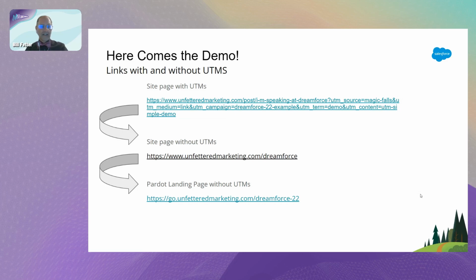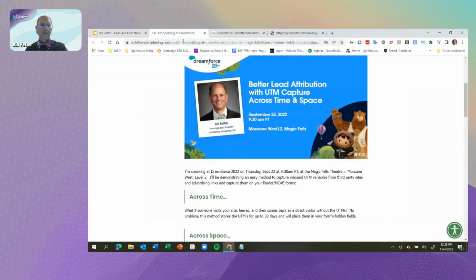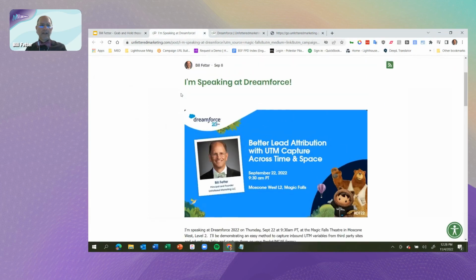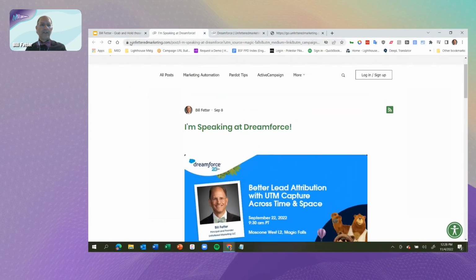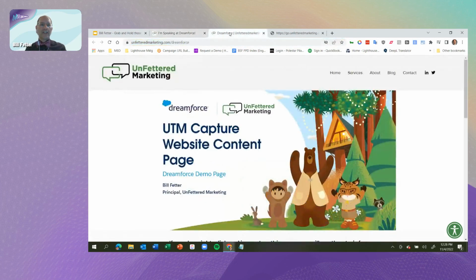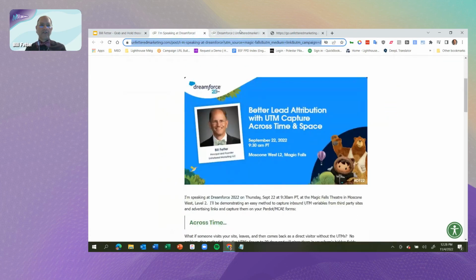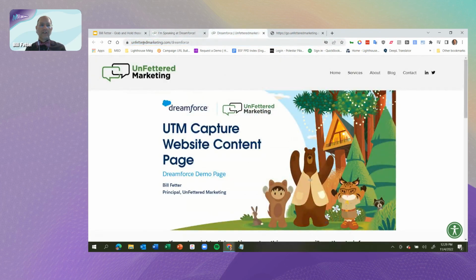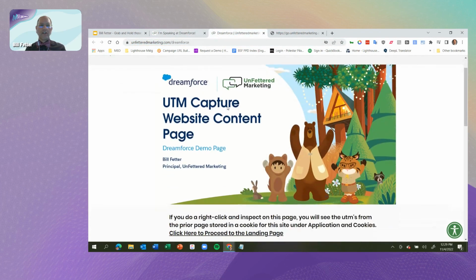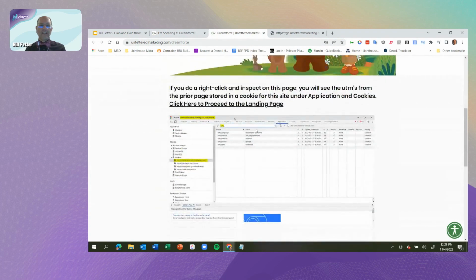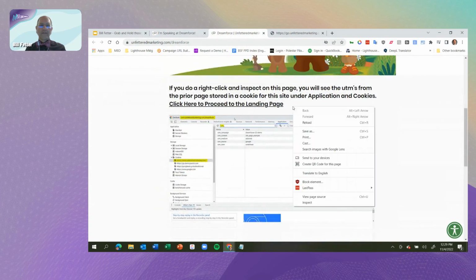But I've actually got the pages already loaded here. So the first thing is that first blog page that we mentioned, and up here in the top we can see that we have a bunch of UTM values in that address bar. Okay, so let's call that my landing page, right? Now the second page, I clicked from the first page, and there's nothing in the bar. There's nothing up here. There's no UTMs at all. So are they still here? And this page kind of shows you where to look for them, but we're going to do that together right now. So I'm going to hit inspect here,